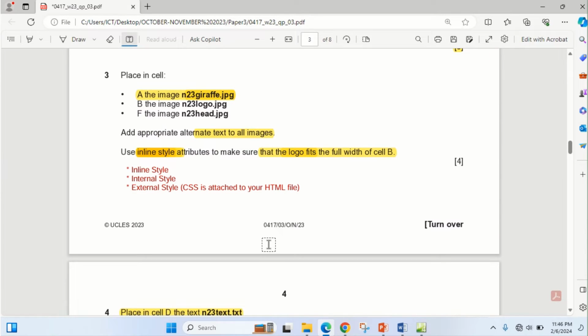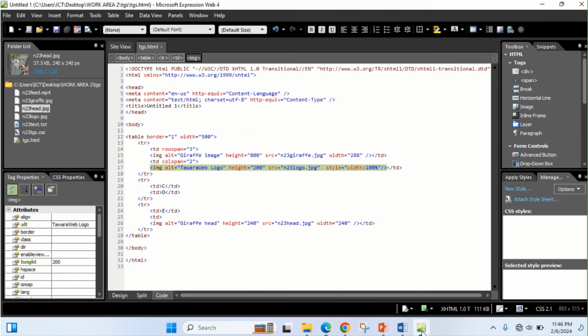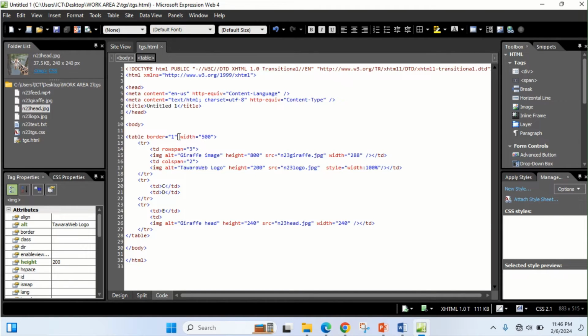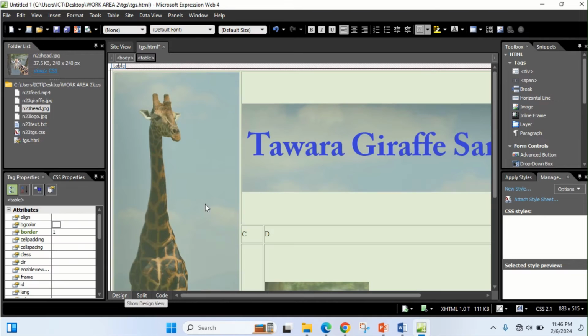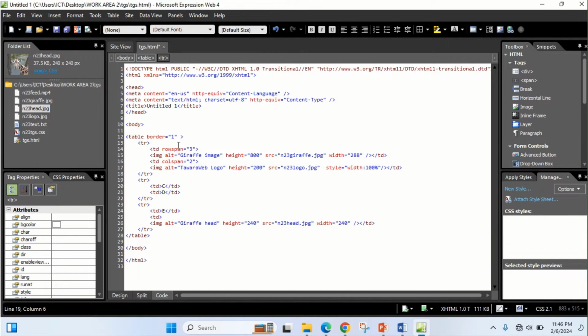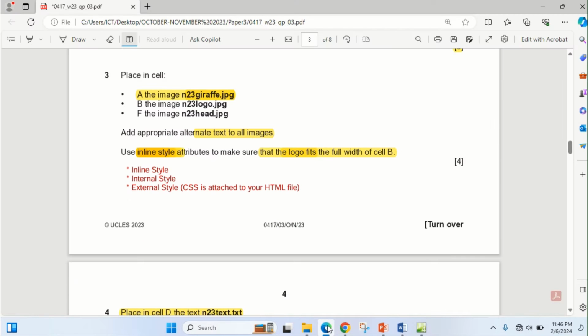Before we go too far, don't forget the other time that for us to have a structure in the design view, we were the ones that put the border line, even though they did not really ask us to put the border, and we were the ones that put the width. They did not give us any width, so I may advise you to remove the width, since it was not given. We only used it for us to have a structure in the design view, so that's why we did that. So we can remove it. It was not part of the question. So then the next one is